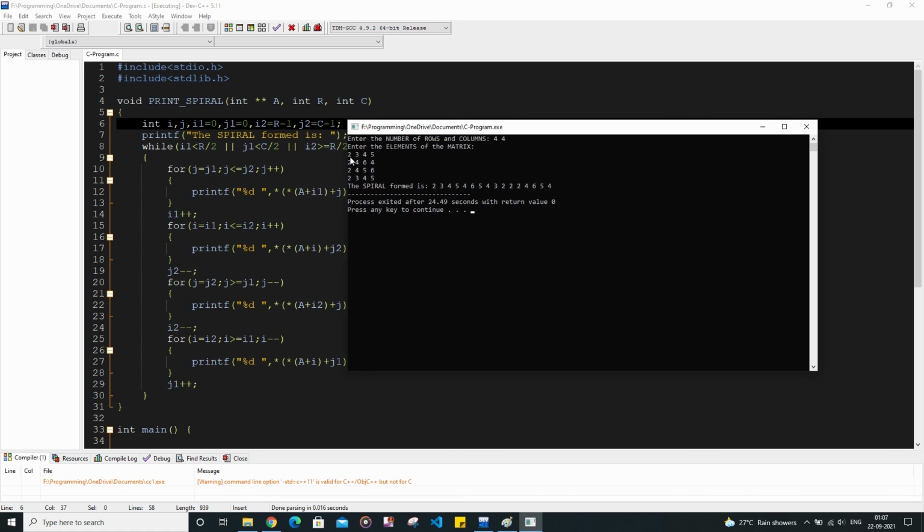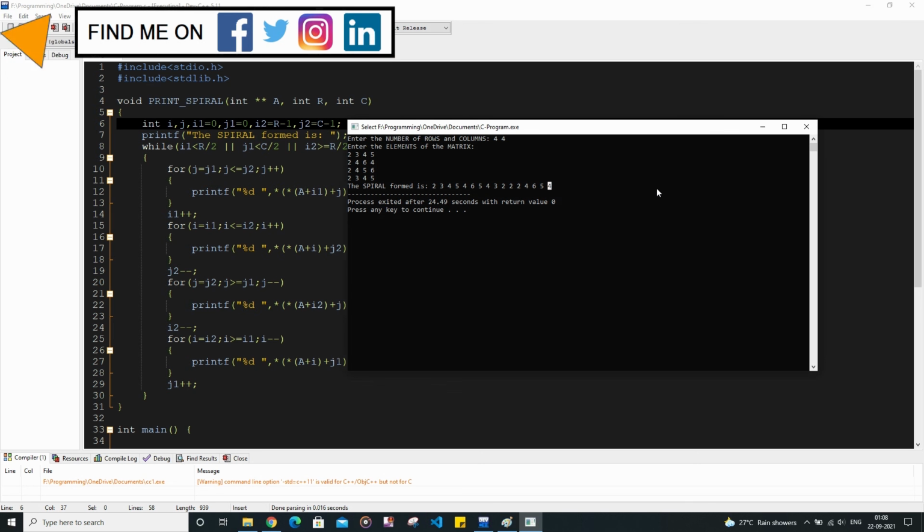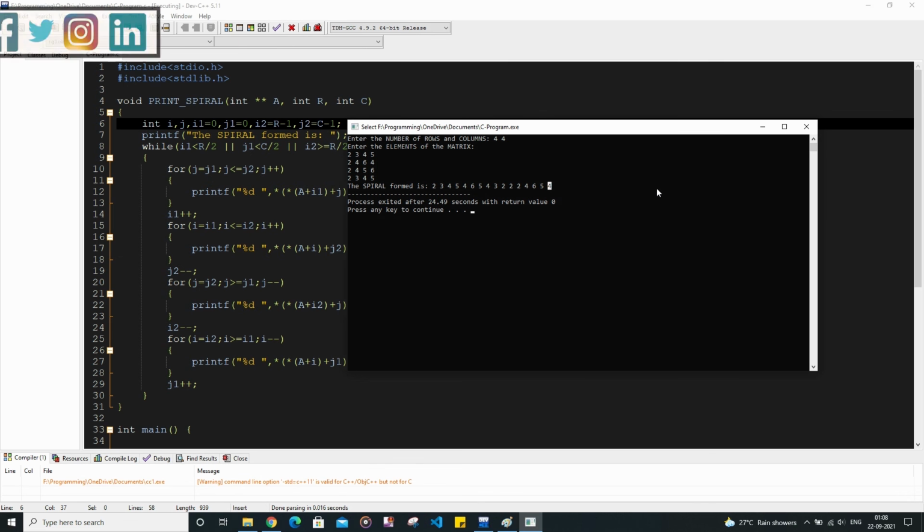Let us traverse in this way: 2, 3, 4, 5, then 4, 6, 5, 4, 3, 2, 2, 2, 4, 6, 5, 4. So in this way we are going to print the spiral of a matrix, whether the dimensions are even or odd. One thing I want to mention here is that it will only print the spiral of square matrices. This is not the code which prints the spiral of rectangular matrices.